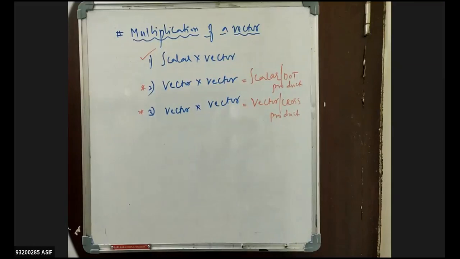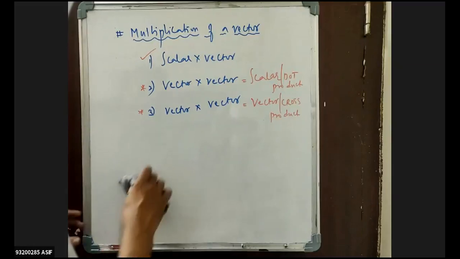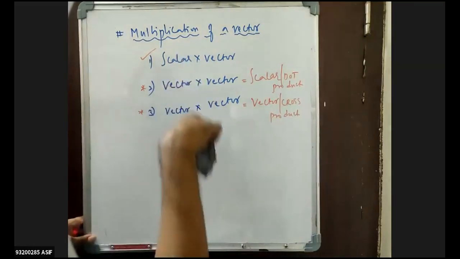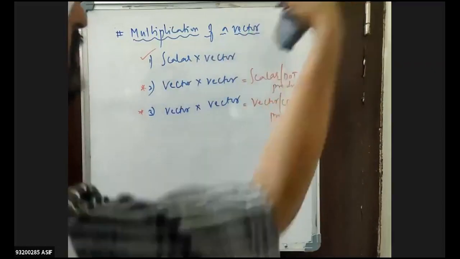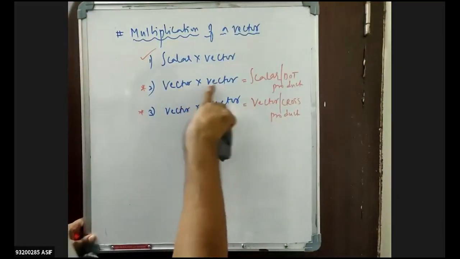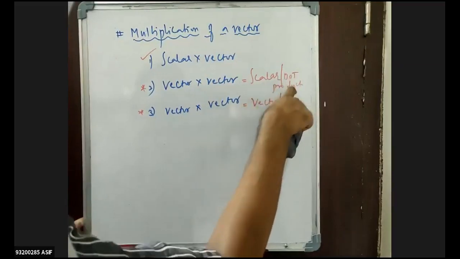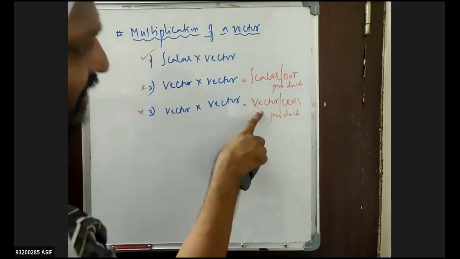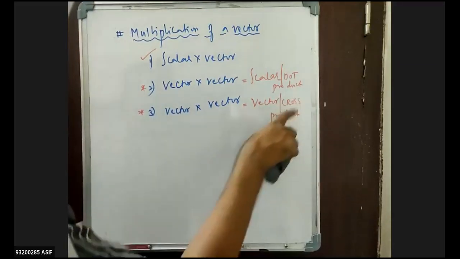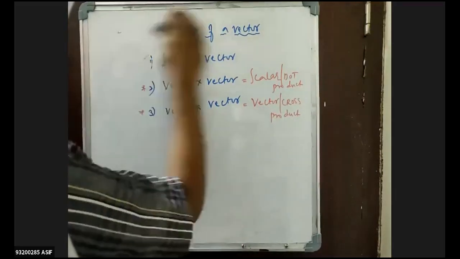The next heading is scalar or dot product. Is it clear for everyone? When a vector is multiplied by any number, it will increase that many number of times. If vector and vector are multiplied and the result is a scalar, that is known as the dot product or scalar product. If the result is a vector, that is known as the vector product, also called the cross product. Okay, let us try to do this in detail.